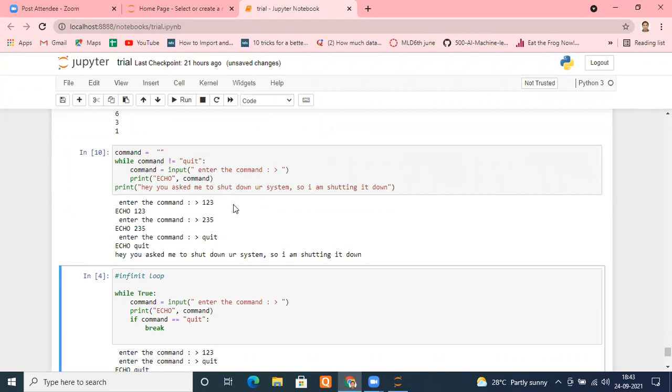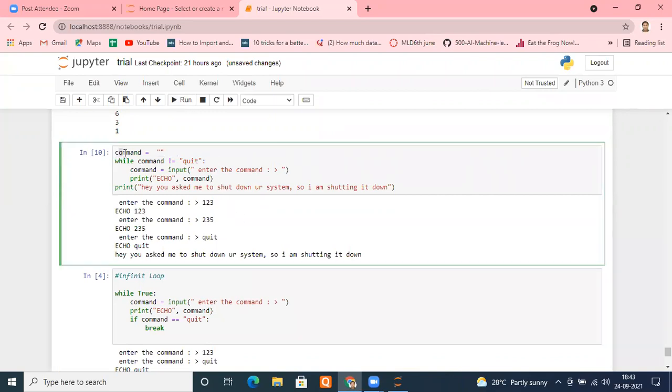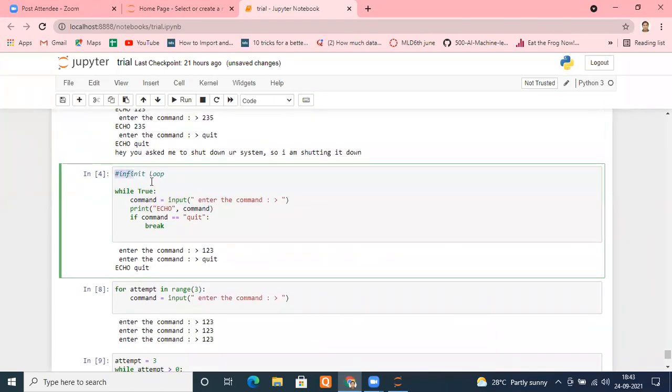Is it fine, everyone? So you will be able to use both methods of the while loop, the normal way as well as the infinite loop way. If you're having any doubt, ask me. I will repeat once again. I don't have any problem. My motto is your satisfaction, because you are devoting your time to me. And when you are devoting your time to me, I should be more than honest towards my duties. So I don't mind explaining again and again. Don't worry till you are satisfied.